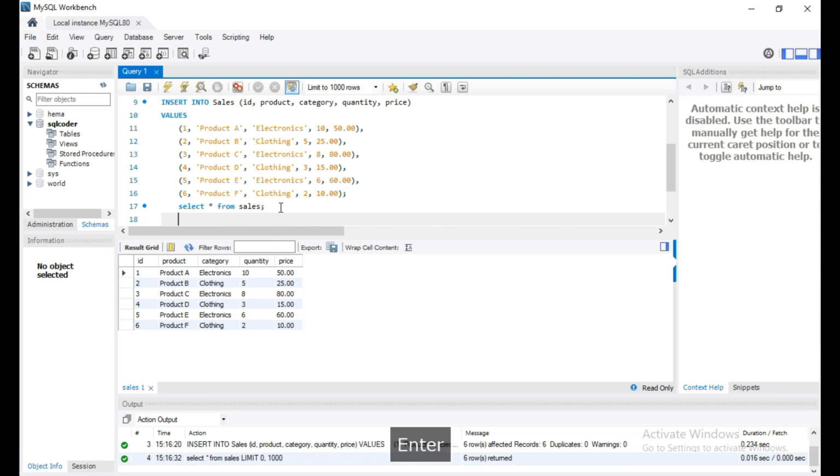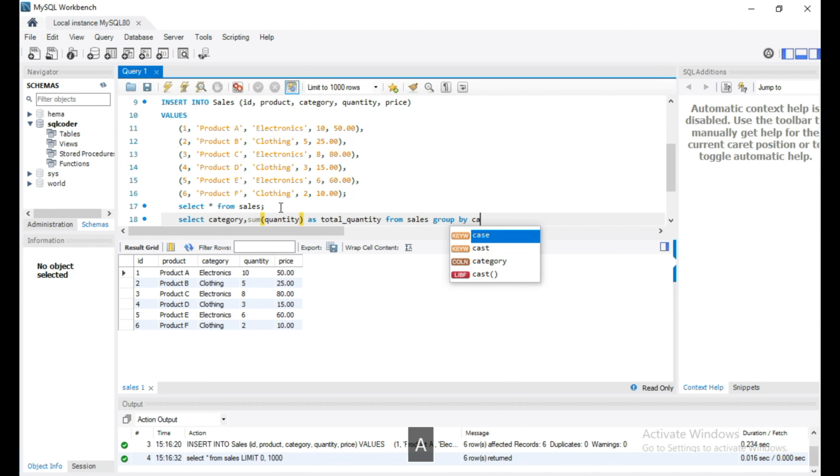Let me write the query as SELECT category, SUM of quantity AS total_quantity FROM the table sales, and I will use a GROUP BY clause with a single column for the first example. So let me give category;